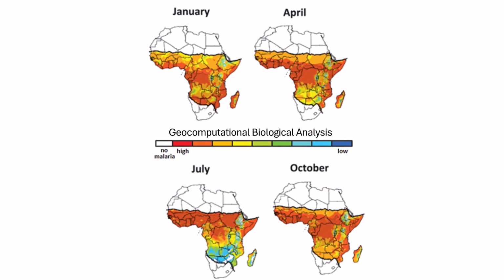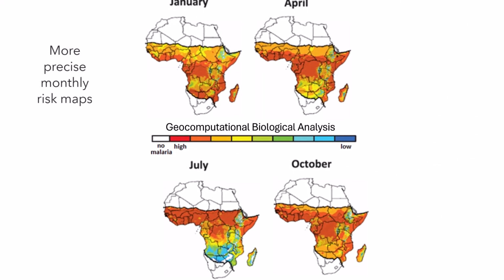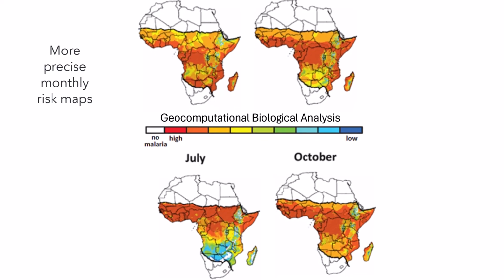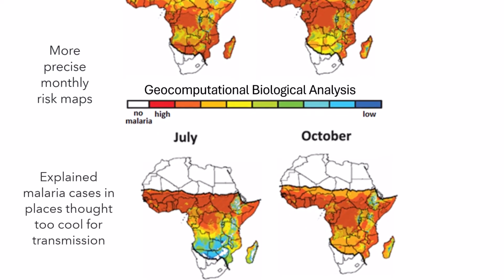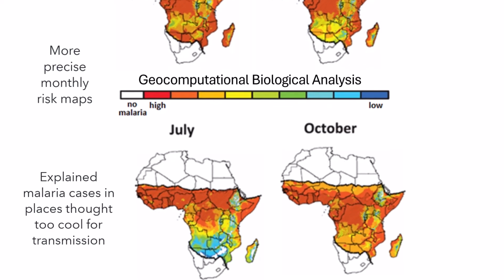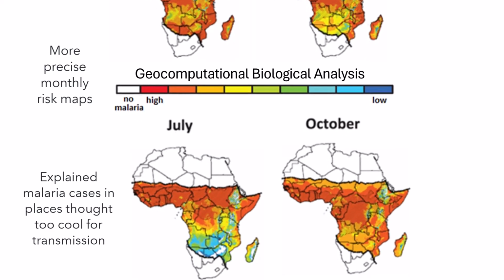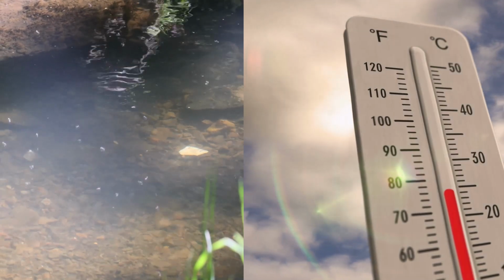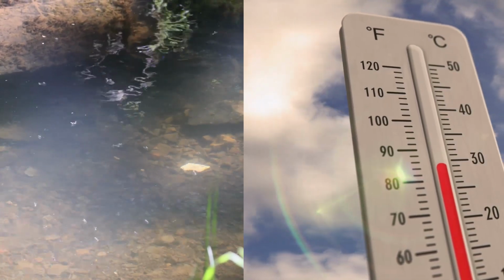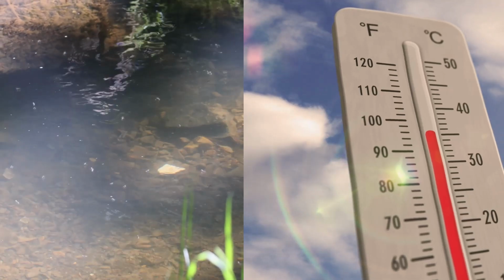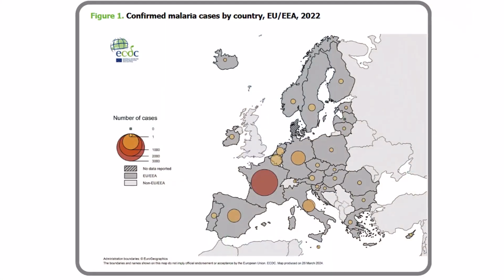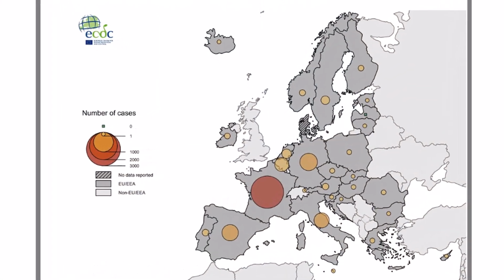This creates more precise monthly malaria risk maps, and the method helped explain why malaria sometimes occurs in areas previously thought too cool for transmission. By using more precise temperature measurements that better reflected mosquito microenvironments, this approach revealed why malaria transmission sometimes occurs in